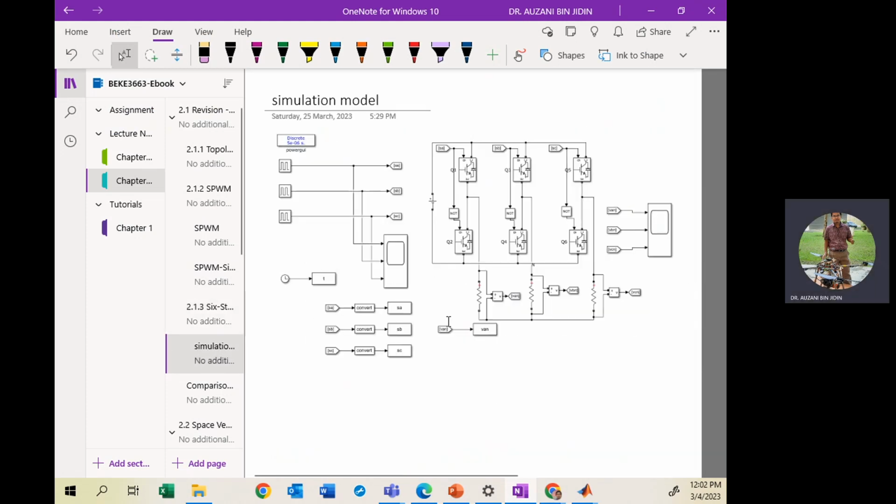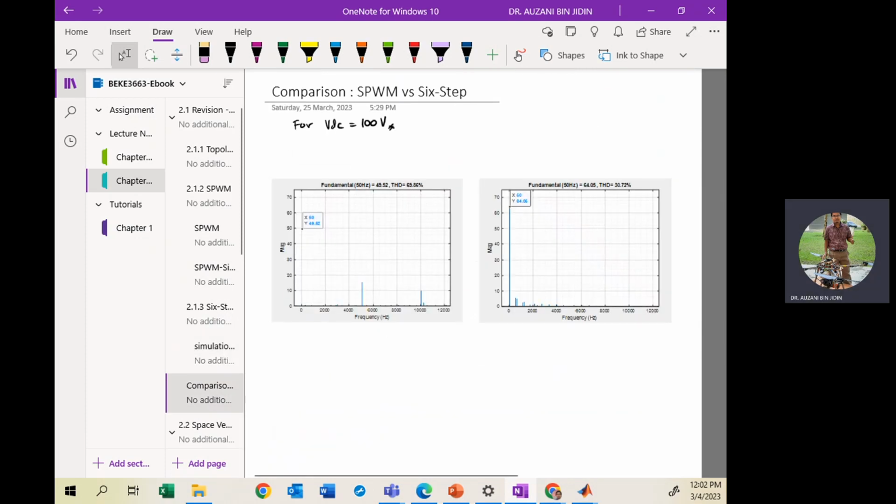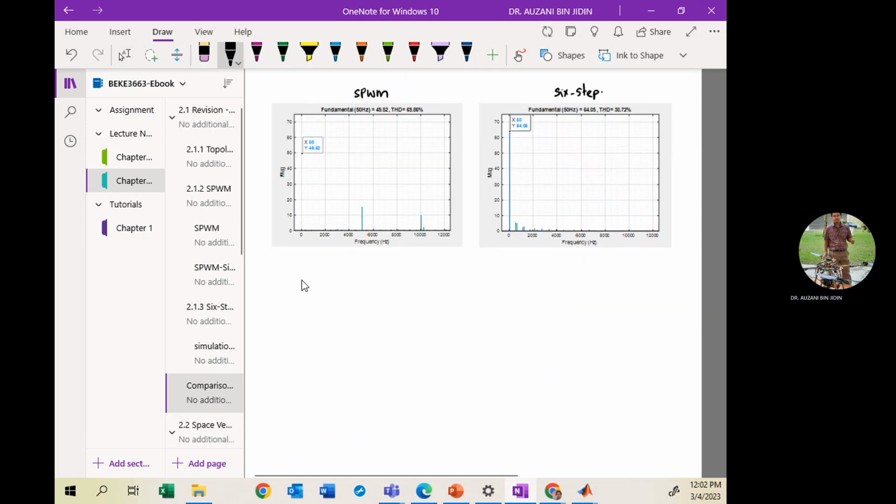Okay, simulations I've shown already here, comparison. So actually we can conclude by analyzing the two frequency spectrum of the output voltage obtained from these two techniques, SPWM and 6 step. Here is the SPWM, SPWM, and 6 step. So then we can conclude that the maximum